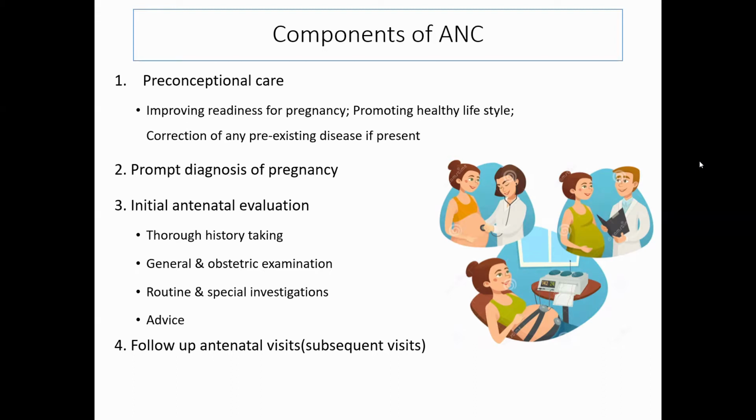Another thing we can do is correction of any pre-existing disease, such as epilepsy. Just take an example of epilepsy. For instance, if the patient is taking valproic acid, sodium valproate, it is teratogenic, as we know. About 10% of babies may develop a congenital anomaly, maybe a neural tube defect, facial abnormality like cleft palate, or cardiac defect. So multiple anomalies. If the patient comes for preconceptional care, we can switch to a safer alternative,